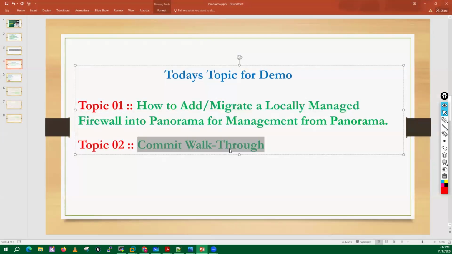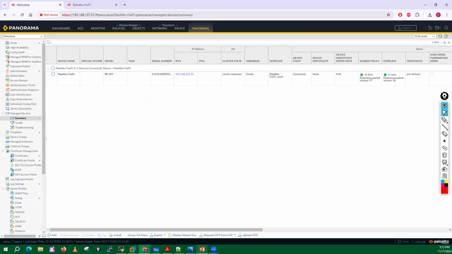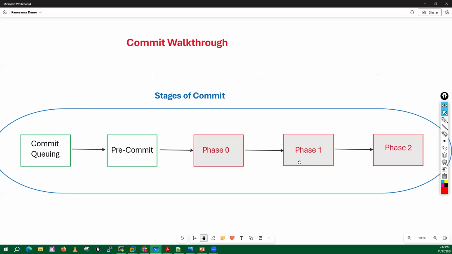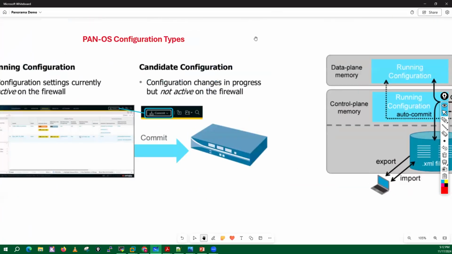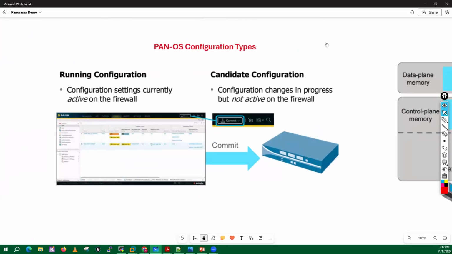Now let me go through some basics about the commit walkthrough. I will not go in depth, right? So with regards to the commit process, in your firewalls, when you perform the commit, what is the main use case of commit basically? So your commit, what it is used to do generally,